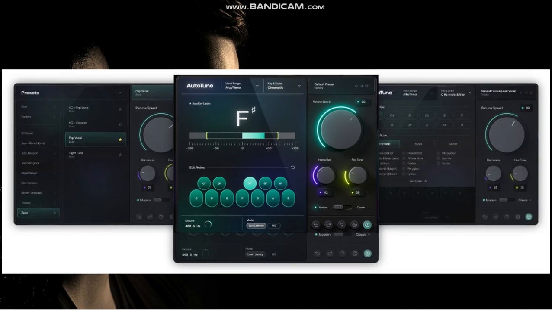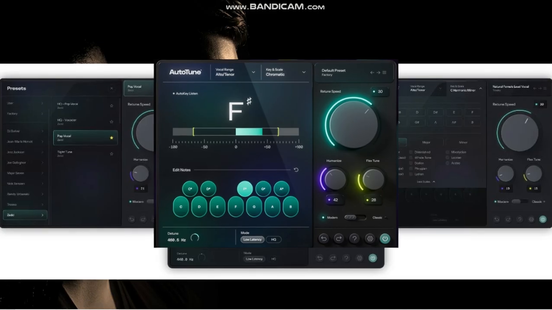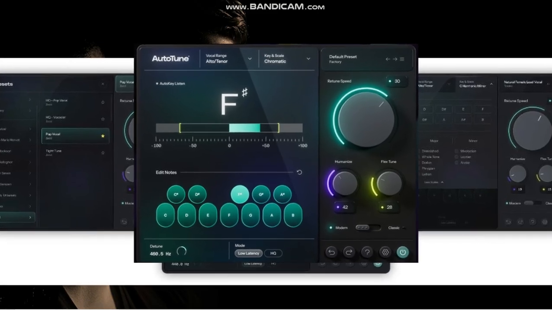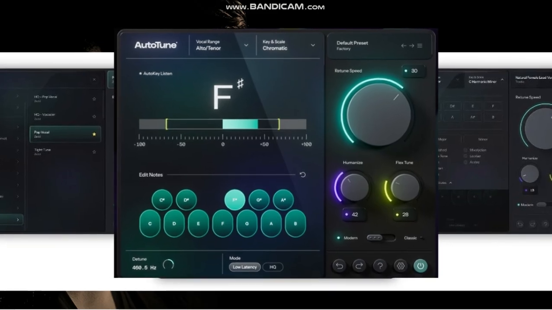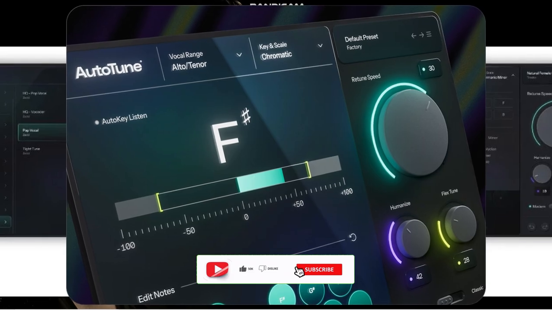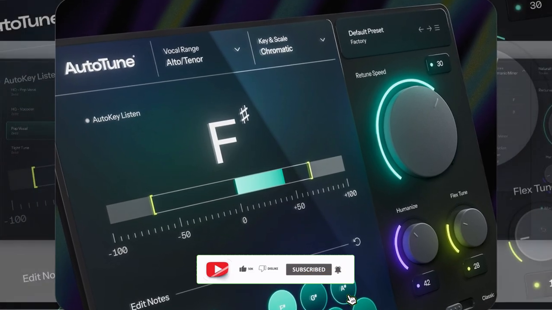Antares had finally released the latest AutoTune plugin, AutoTune 2026. So in today's video, I'm going to show you how you can actually get the free version of AutoTune 2026, and if you are cool with the free version, you save some money, then you go and buy the full